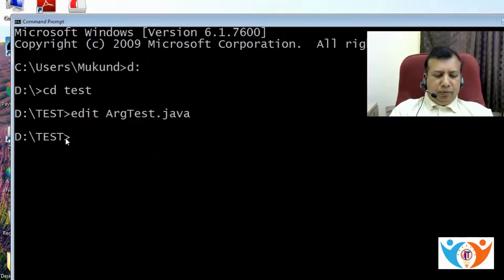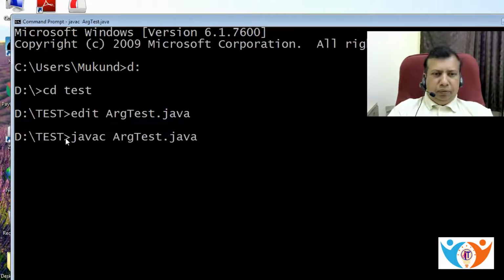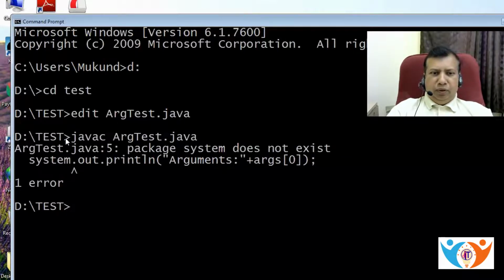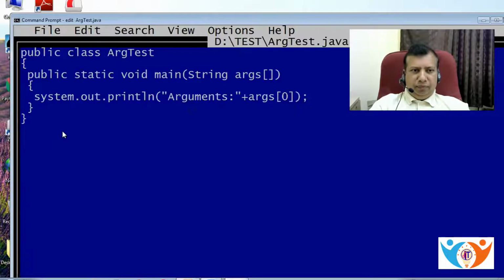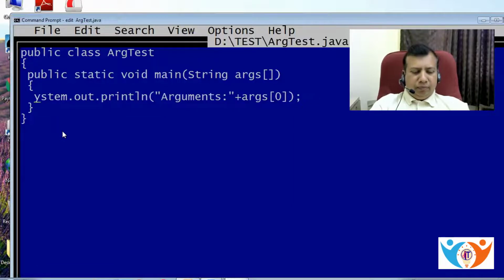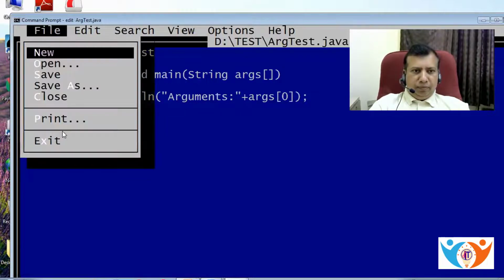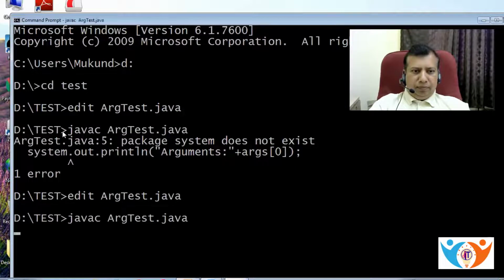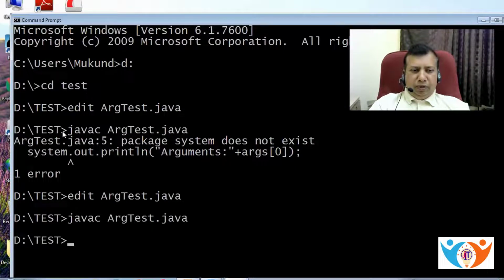Save. So this is compilation. Now there is one error. It is not showing the System package. Okay, now the program is successfully compiled.